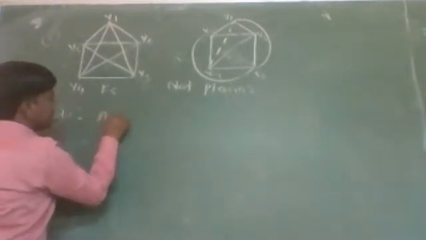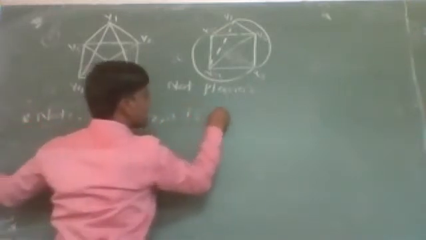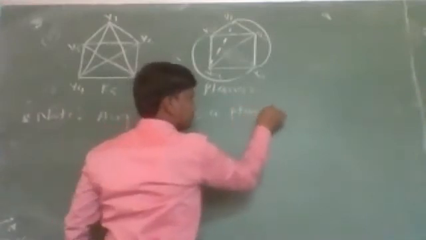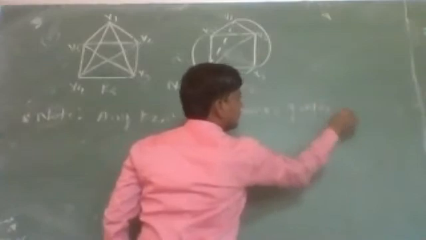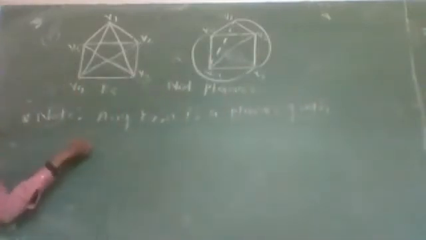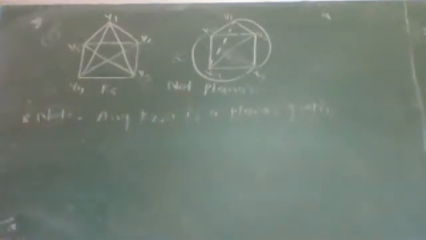Any complete bipartite graph K2,N is always a planar graph. The next type is